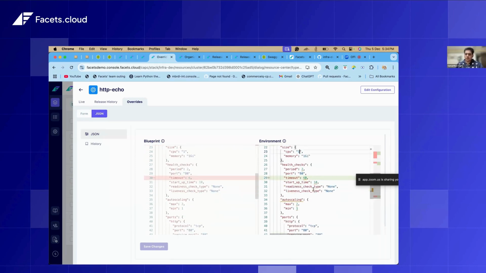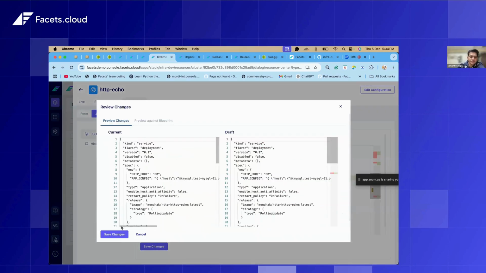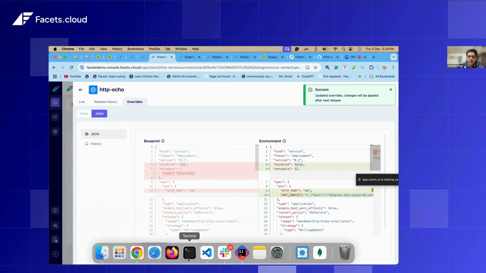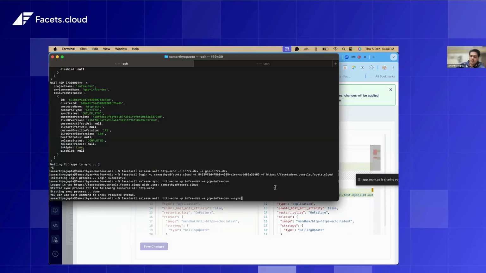What I'm going to do here is just change this timeout. Okay, I'll just make it 50. So obviously you have a pending change, and if I try to trigger this release,